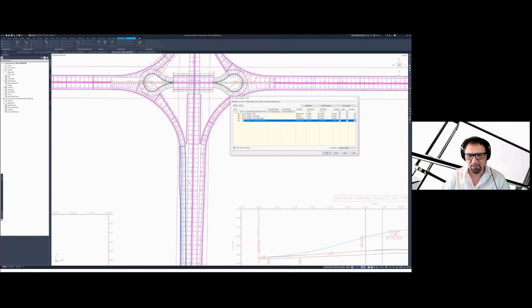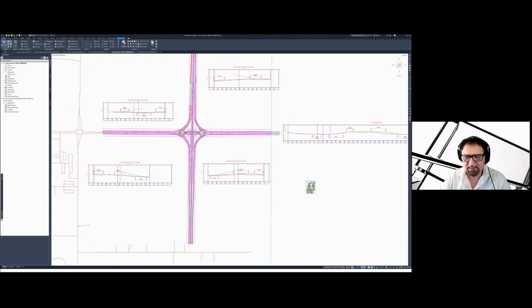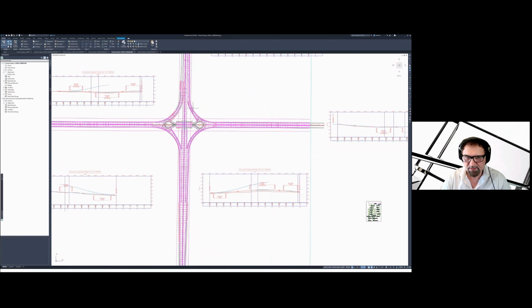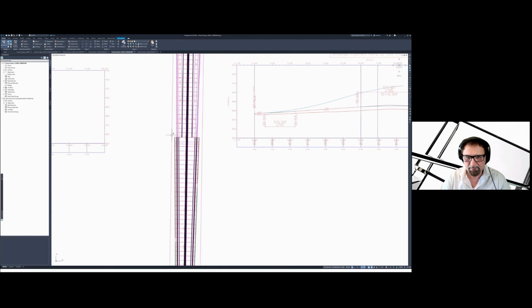And then the rest of it is in the gore area. So basically repeating that about 4 times around. And then also a lot of work goes to cleaning up with where the gore area is and the nose of those on ramps and off ramps.